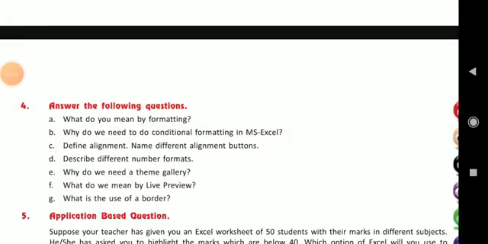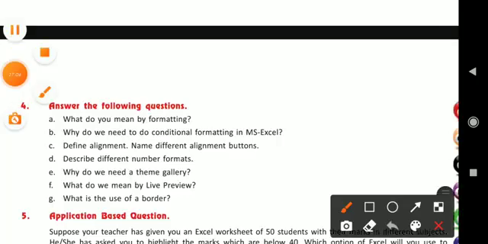Now coming to our last question, G. What is the use of a border? Border can be added to the cells for separating the data from surrounding cells. So you can write: border is used to separate the data from surrounding cells.